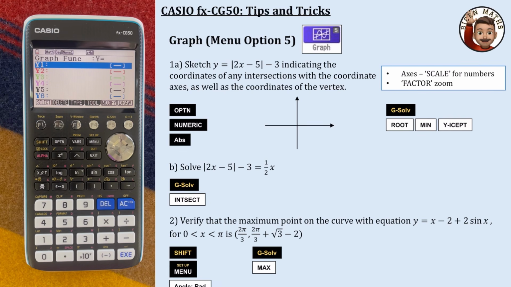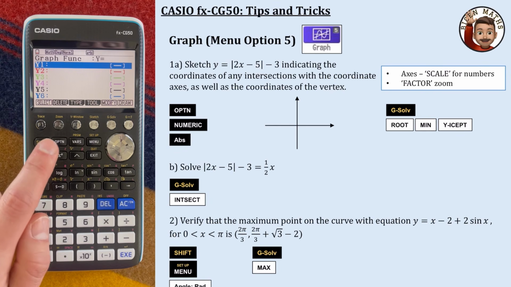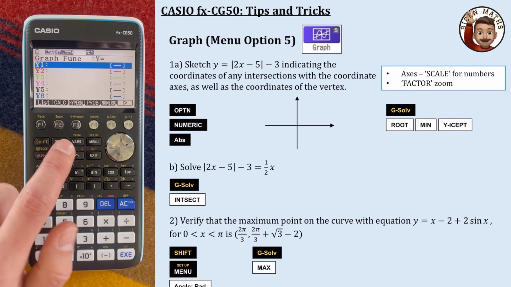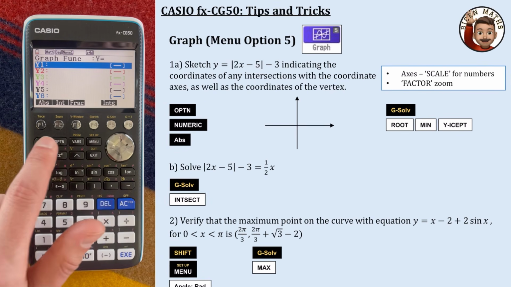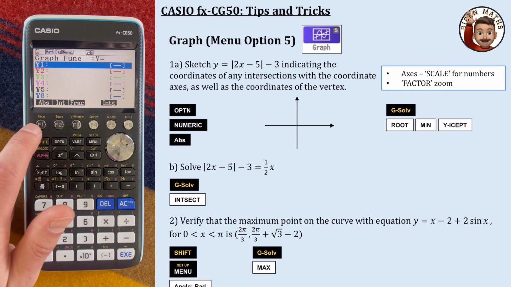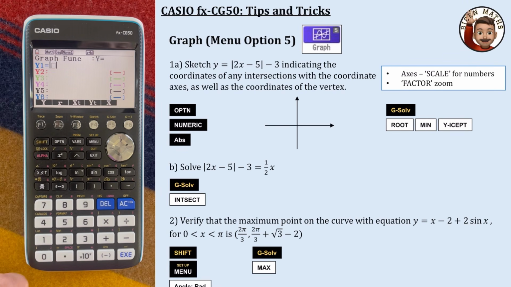So if you want to type in this particular graph here, we need to know how to do this modulus sign, and sometimes people don't know this. So you're going to hit Option, and then you're going to press Numeric, which is F5 that you have here. And then actually this is sometimes called absolute value. So you press this ABS button,